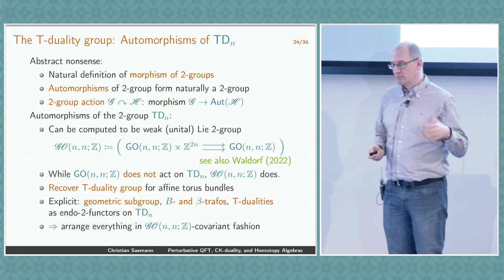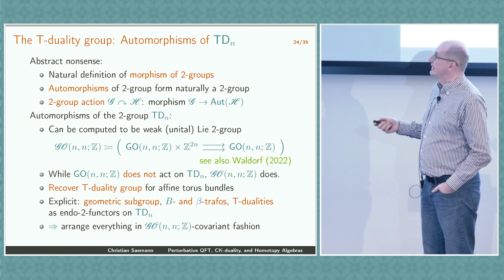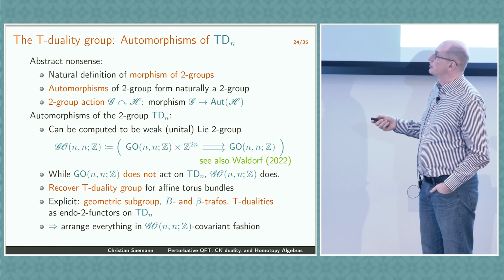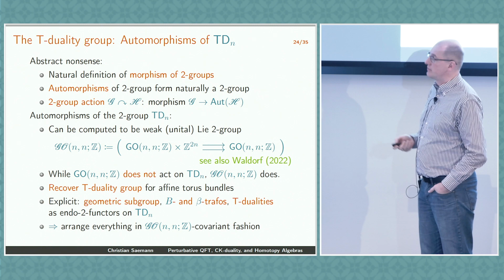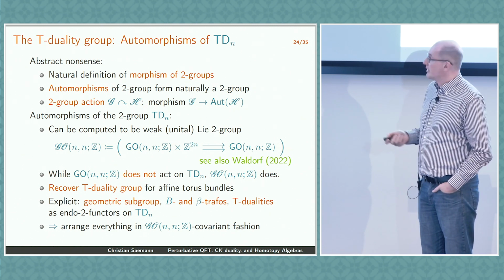You can write it down explicitly and compute with it. So G_ONN_Z itself does not act on TDN, but this 2-group, this extension, actually does. And I'm not quite sure, as I said, what this Z2N really does. So that's one of the many open ends in this project. So we recover the